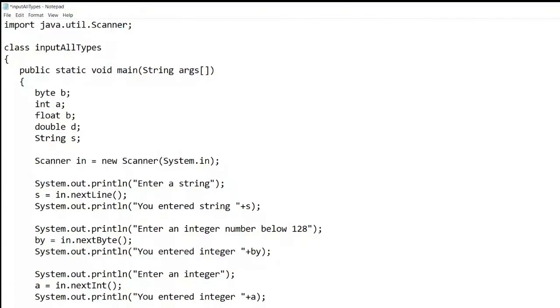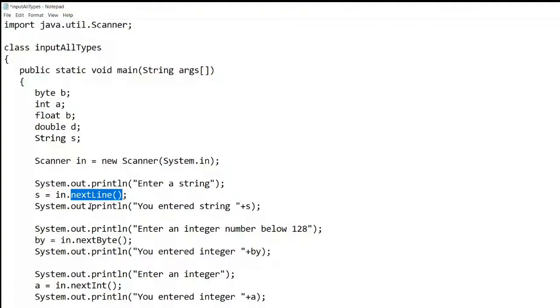Clear. Similarly, when you have to read a byte value, b is the variable here. Save it. b equals to nextByte. If you see, B is capital here. Similarly, if you want to read an integer value, int a, the syntax is a equals to in.nextInt.